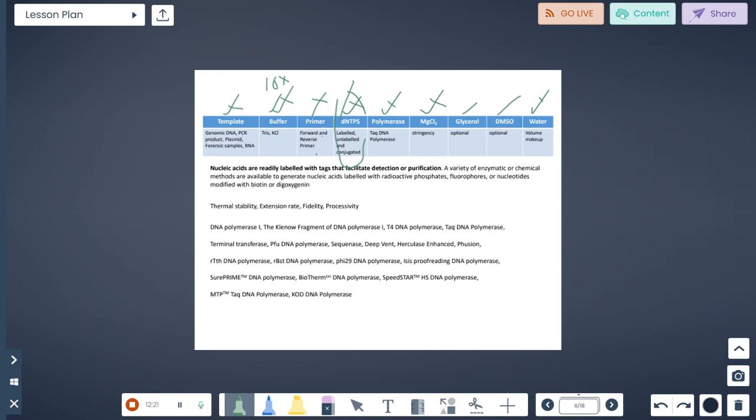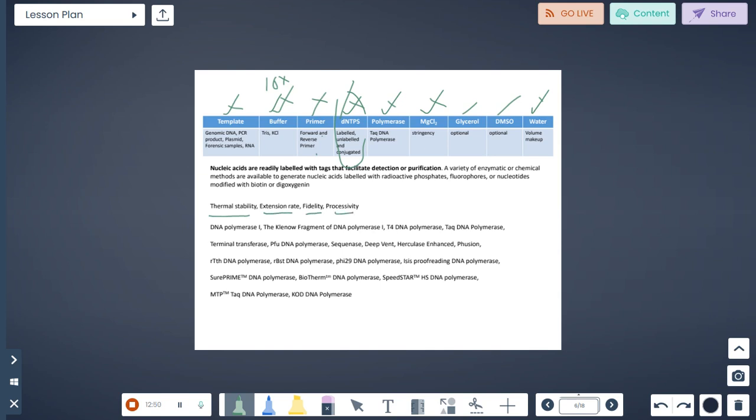So this MgCl2 is actually helping in the stringency of the reaction. Suppose before adding glycerol and DMSO, you can slightly change the concentration of the MgCl2 and you can get a good amplification. So when you select a polymerase, you have to see thermal stability, extension rate,